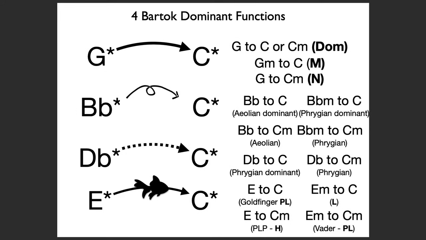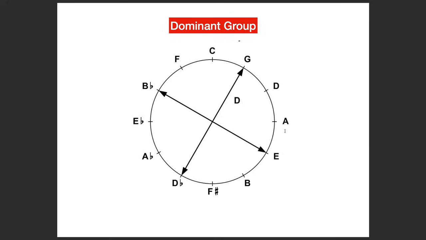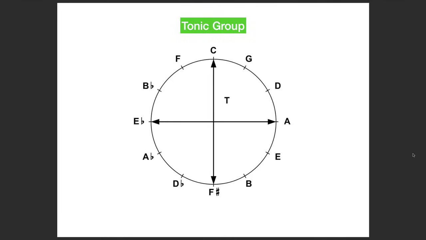Try them all out. You can think of it this way. If we want to resolve a chord, we can consider it in the dominant group. So we could pick any of these 4, which is actually 8. It's G major, could be G minor. And then we can resolve this way to any on this axis. So we're going to do this sort of resolution.